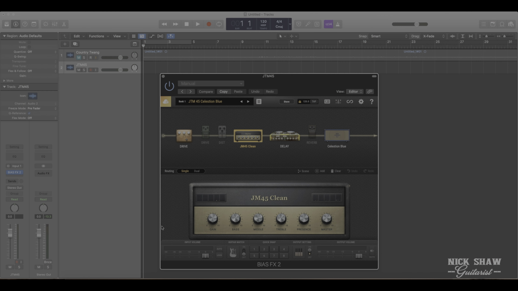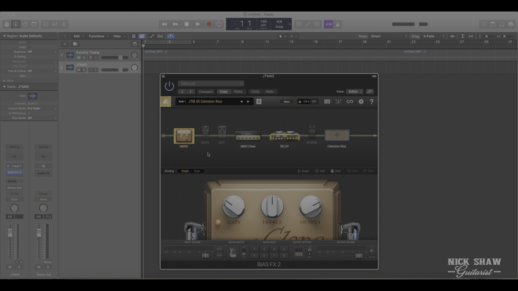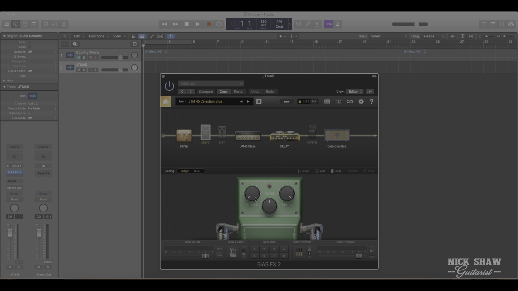Set up something that resembles a JTM 45, so the amp model's a JTM 45 clean. Again, I've got a boost, kind of overdrive, which is the Klon, so I think that's turned on. I've got another Tube Screamer that can kind of, all the gain off, all the level up, typical Tube Screamer settings,